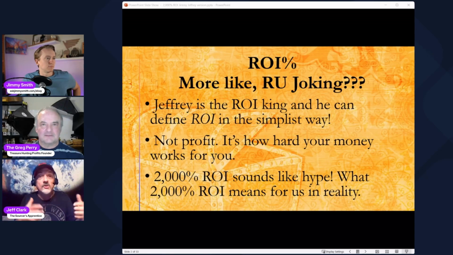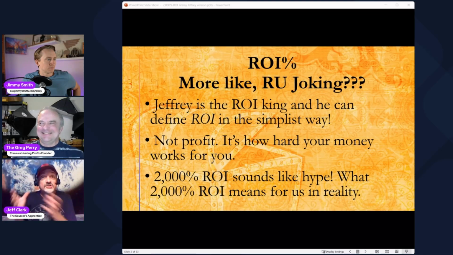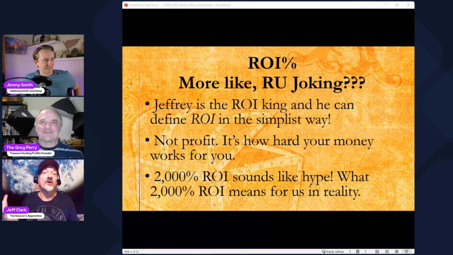Just a few days ago, I had something I got for free. It sold for $100, and it was big and heavy. And the buyer lives in Puerto Rico. They paid me an extra $133 to ship it to Puerto Rico from a free investment. Now, if it's free, that's an infinite ROI. Whether you sell it for $5 or $500, it's an infinite ROI. So I hope that's clear what ROI is.